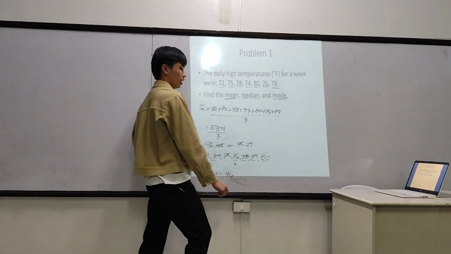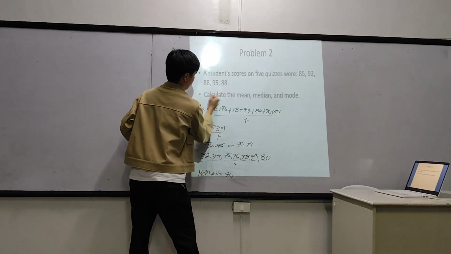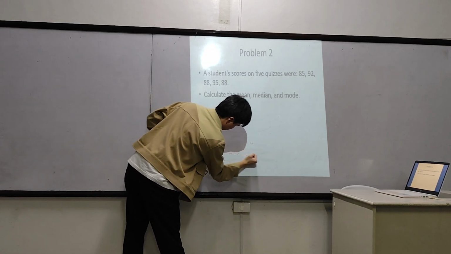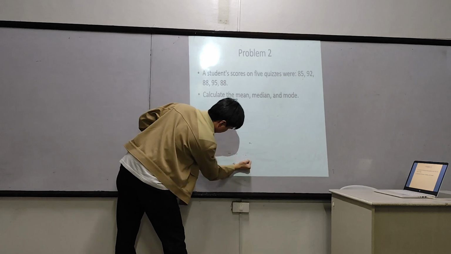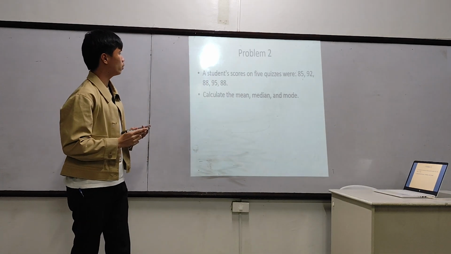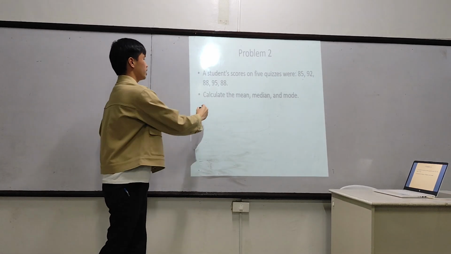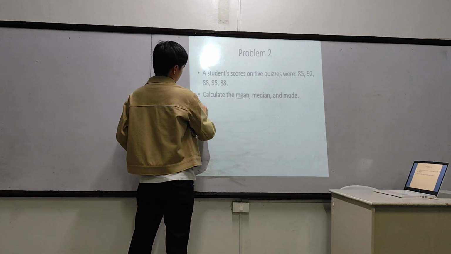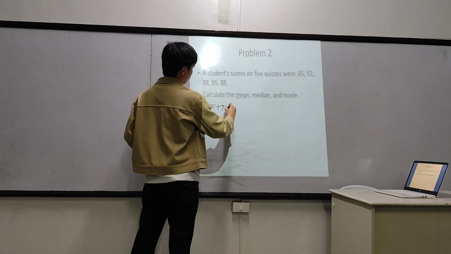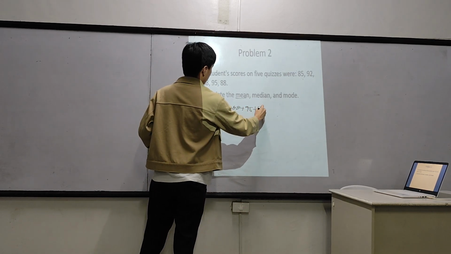Now let's proceed to problem number 2. A student's scores for 5 quizzes were 85, 92, 88, 95, and 88. Calculate the mean, median, and mode. First, let's calculate the mean. X mean is equal to 85 plus 92 plus 88 plus 95 plus 88,